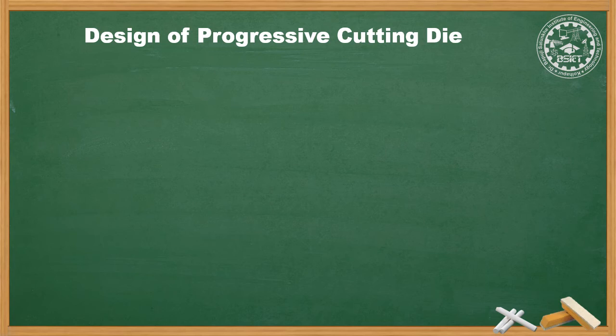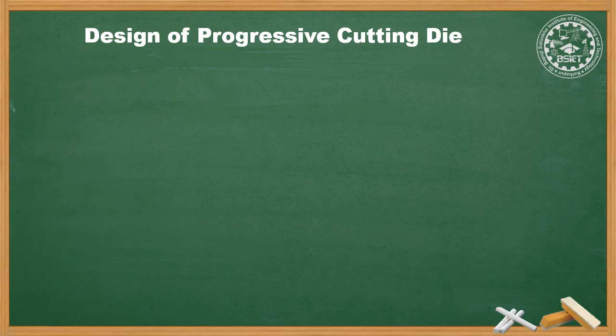Thus, a complete part is produced with each stroke. Progressive dies generally include blanking and piercing operations, but a complicated progressive die can do bending, forming,